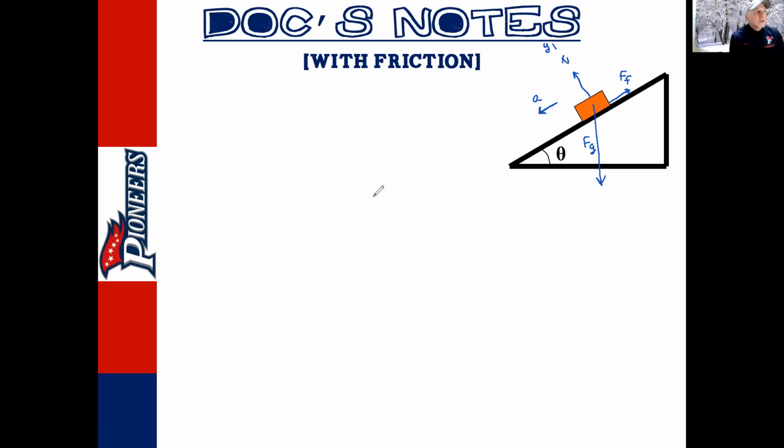And so we can look at two things here. First, we'll look at what if it doesn't accelerate? What if it doesn't move? We put it on the incline and it sits right there. That means, when I break the force of gravity into its two components, the FG y direction, or F perpendicular, and then again, you get to choose the symbols that you want to use, FGX or F parallel, right? And this angle, whatever this angle is, if this is 20, this is 20, it's going to be the same. So let's look at first,